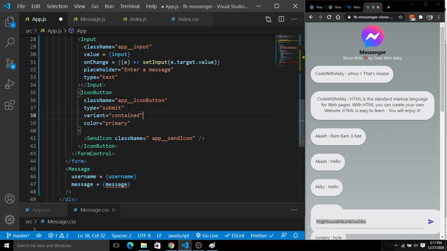So whenever I hit the enter button, it will fire the submit command on its own. There is no need to add the on click functionality here. Either you can add this functionality, or you can simply remove it from here. I have already used the type of submit, so there is no need to add on click. When this input field is empty, I am going to disable the input,